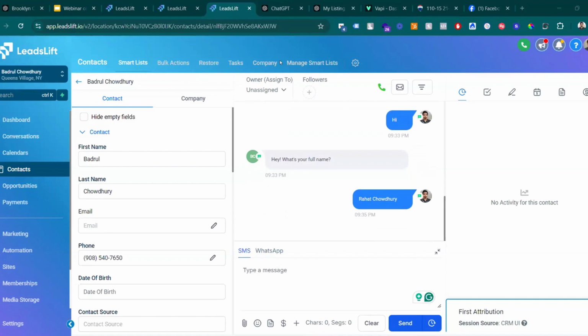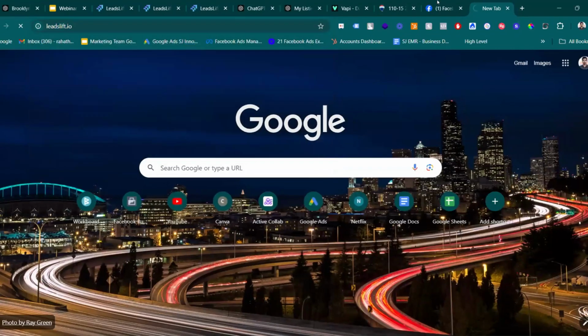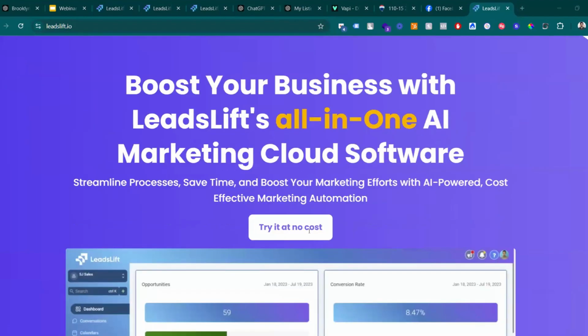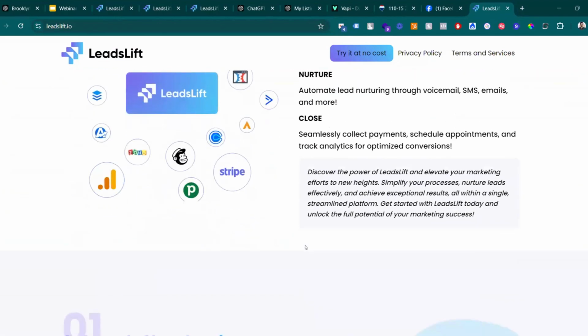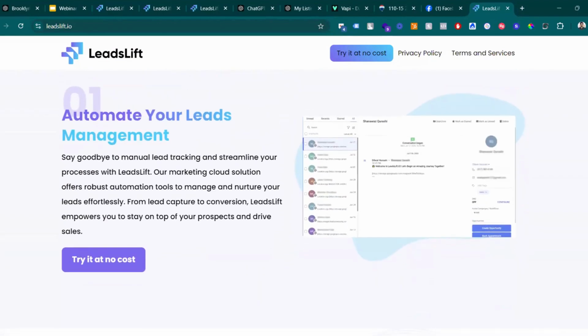Yes, it's very helpful. Messenger has that option, but it's limited, not like this one. How can the agents get access to LeadsLift? Yeah, we are actually offering a free trial. It's a proprietary system. You can get a free trial just to use it, at least for a month, and up to 3 months if you come from Abarni. We've been giving this away to a lot of realtors right now.